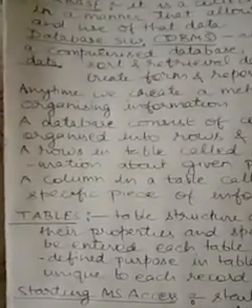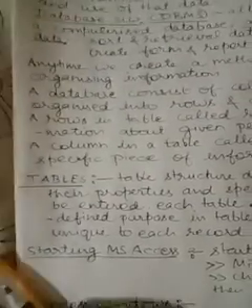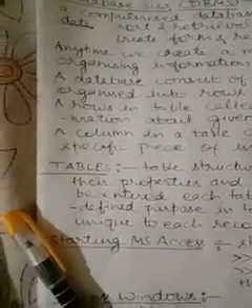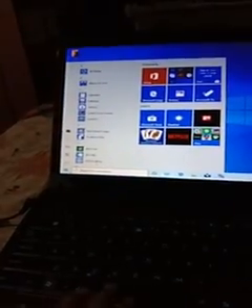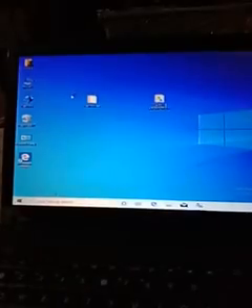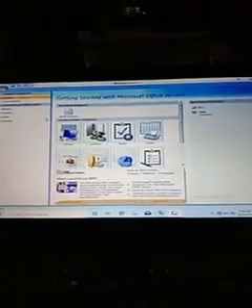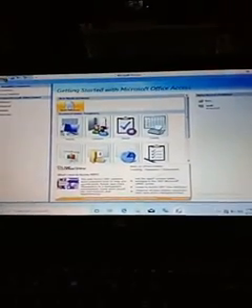So this is the theoretical portion of Microsoft Access, that is, database software. Let's see how to start Microsoft Access. We will go to the computer. We go to the start button and type MS Access, and we see the MS Access software, which is version 2007. Microsoft Access will open. Now we will create a blank database.